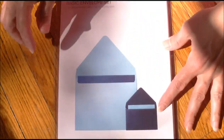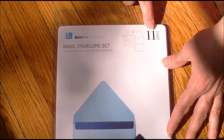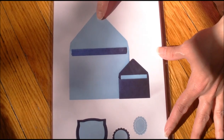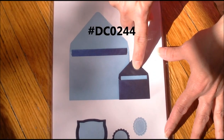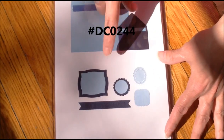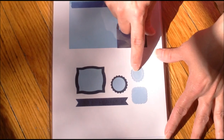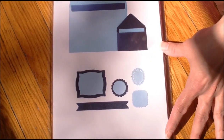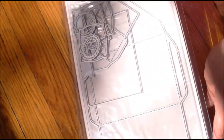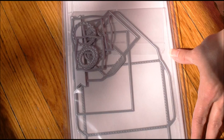The next set is called the Basic Envelope Set, and it is a set of 11 dies. And in this, there is the envelope and a smaller envelope with an insert, and then these little accents to go on the envelope, which are very sweet, which you card makers will really like these dies. They're a great size. I'm going to flip it over so you can kind of see the dies and what they look like. This is number